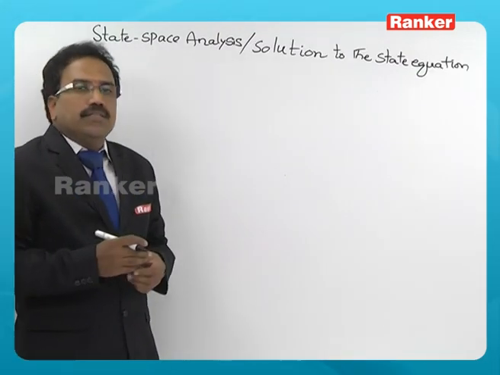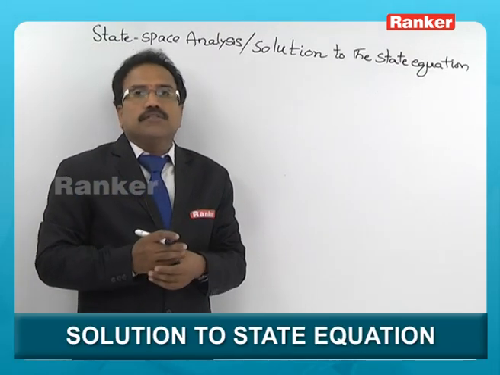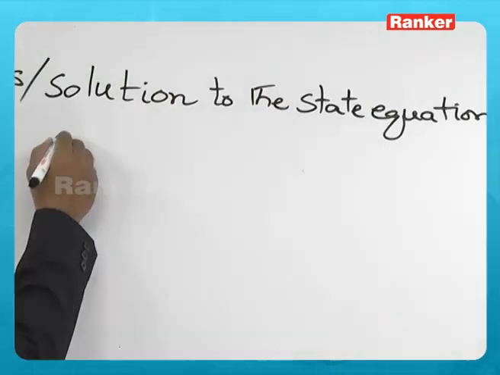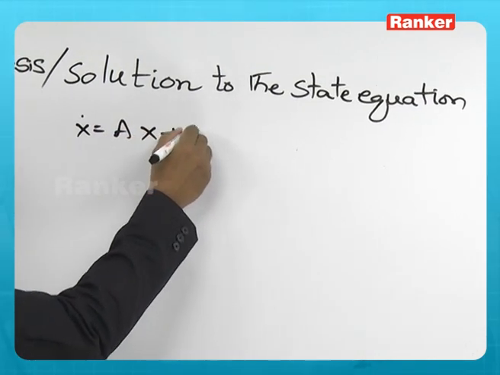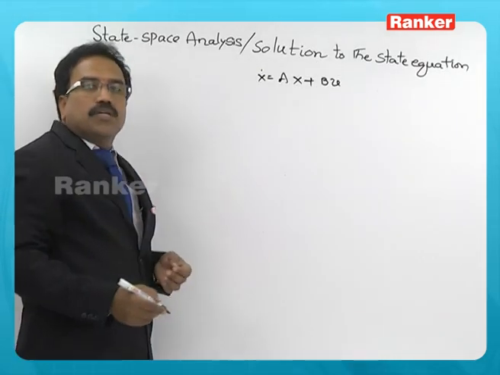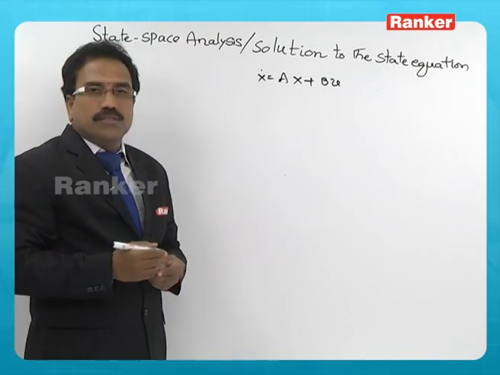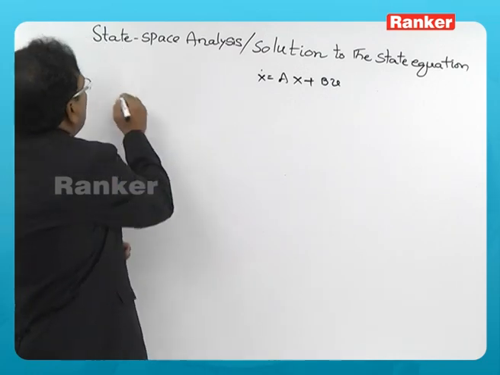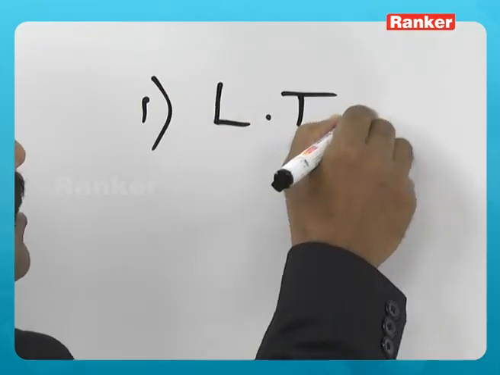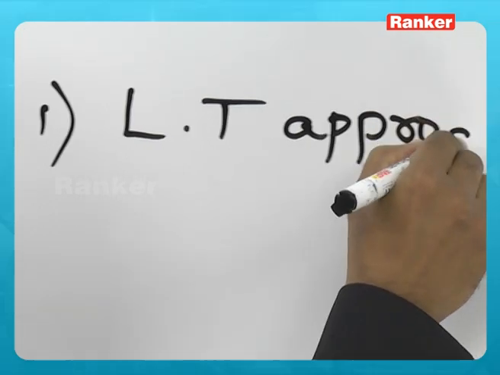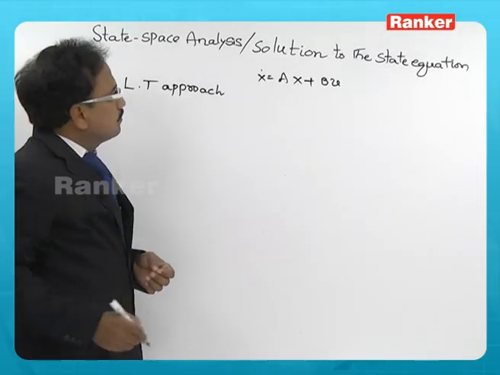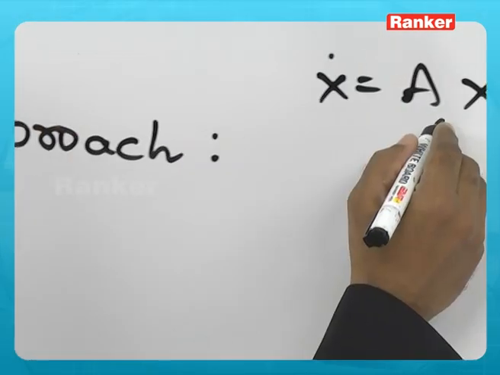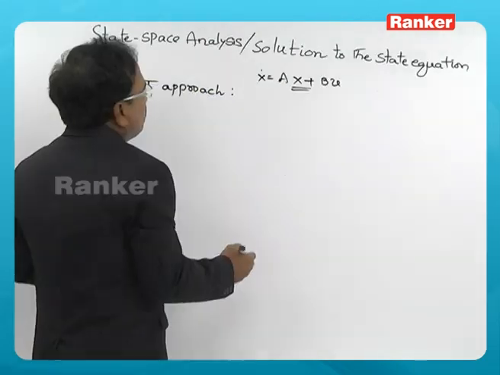So, how to obtain the solution when the state equation is given? The state equation is given by x dot is equal to Ax plus Bu. There are two methods to get the solution when the system is described by a state equation. Number one is the Laplace transform approach to get the solution. In this approach, consider this state equation x dot is equal to Ax plus Bu,